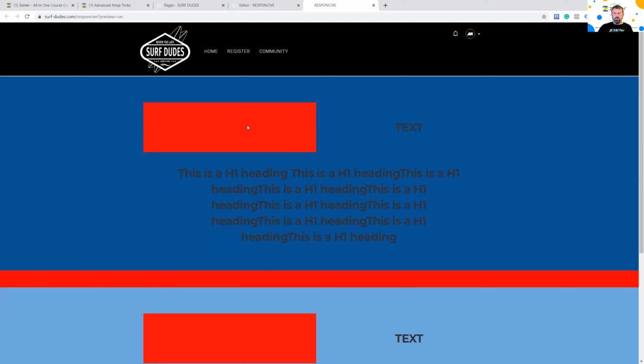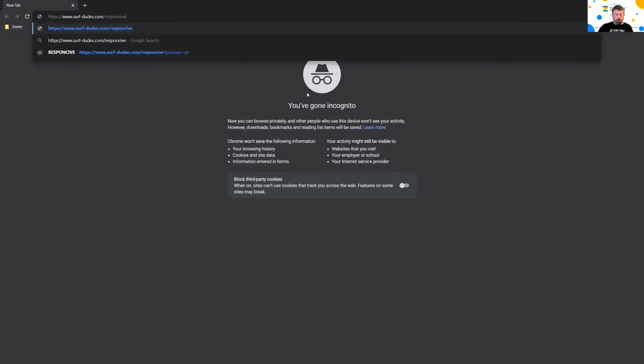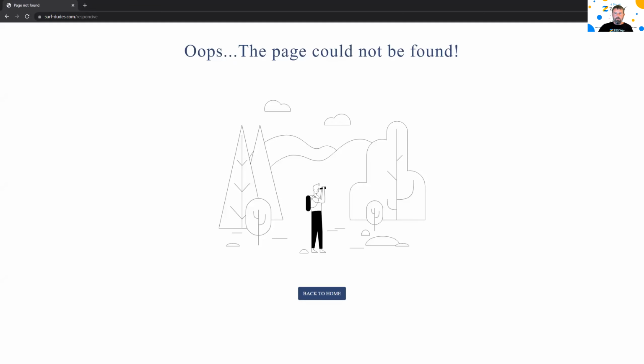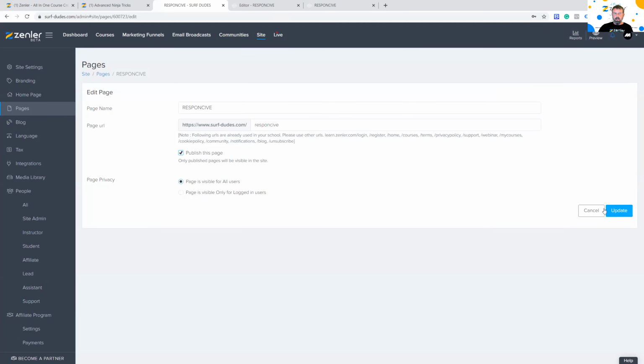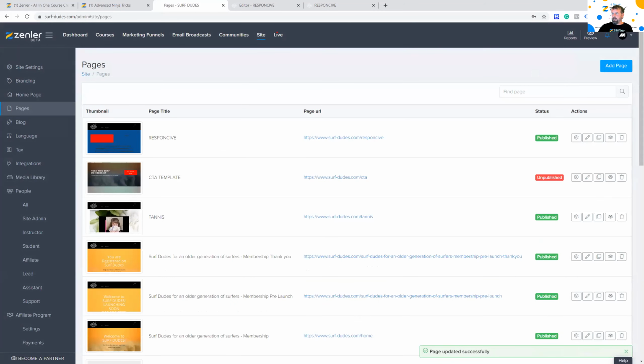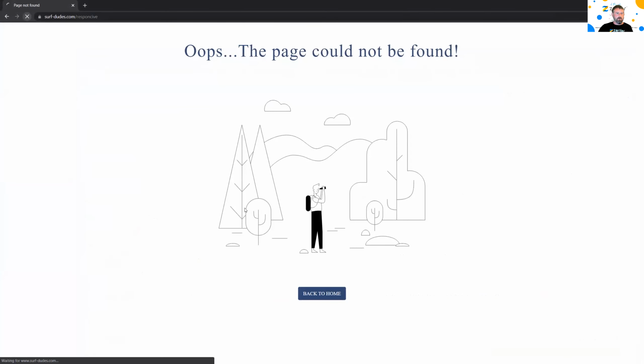And guys, when I've been refreshing this page, I hold the control key and I hit the little refresh button here and it will clear it. Sometimes it doesn't clear the cache. If it doesn't clear, you need to just select the URL and not this /preview on, okay? And then you need to go into incognito and view it. Now this is not going to show because remember, I haven't published the page. So I need to make sure that the page is published. So if I go into that and I publish the page, then I can update it. And then when I jump back into incognito again and I refresh this page, it will then show.